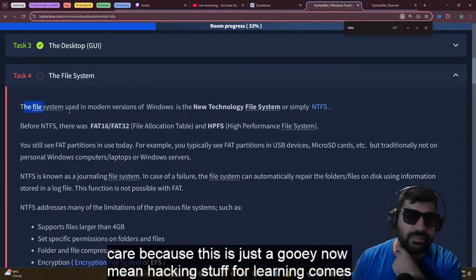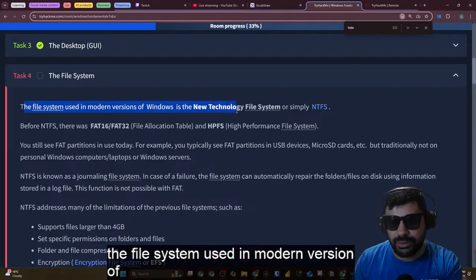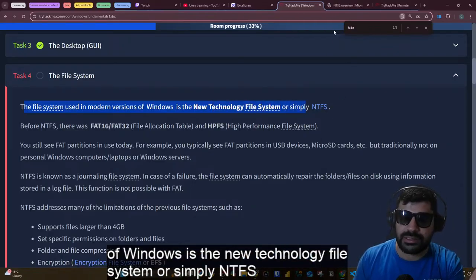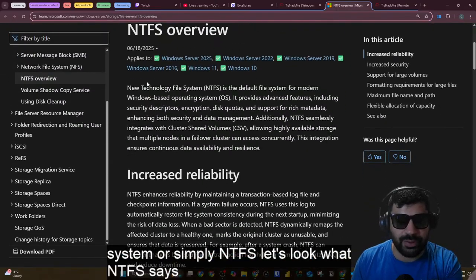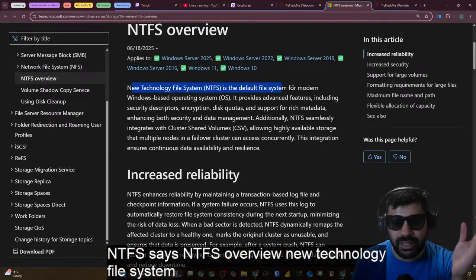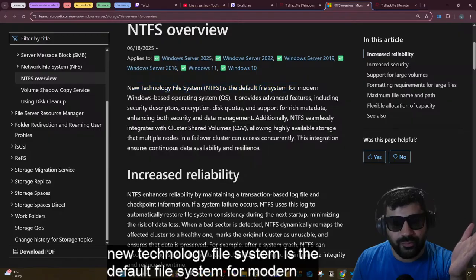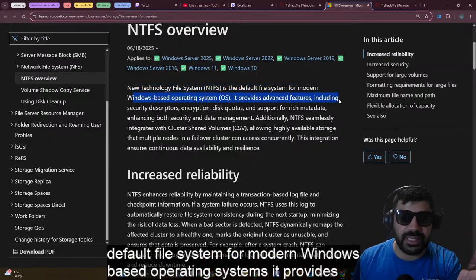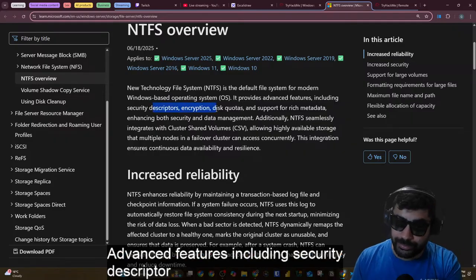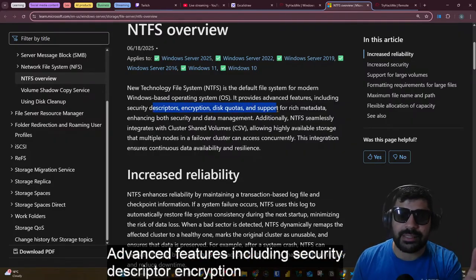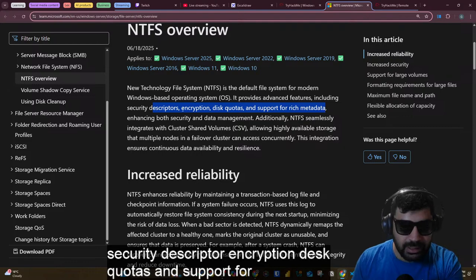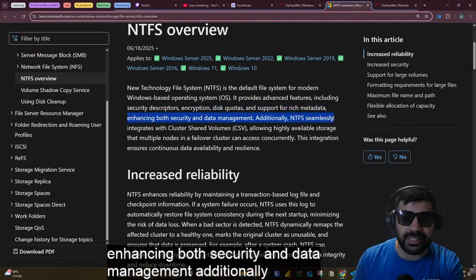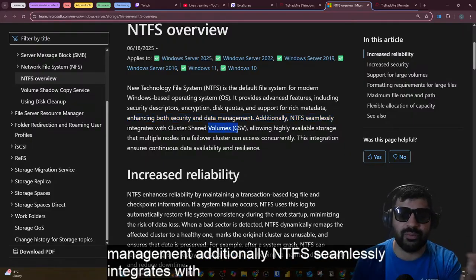The file system used in modern version of Windows is the new technology file system or simply NTFS. Let's look what NTFS says. NTFS overview, new technology file system is the default file system for modern Windows-based operating systems. It provides advanced features including security descriptor, encryption, disk quotas, and support for rich metadata, enhancing both security and data management. Additionally, NTFS seamlessly integrates with clustered shared volumes,